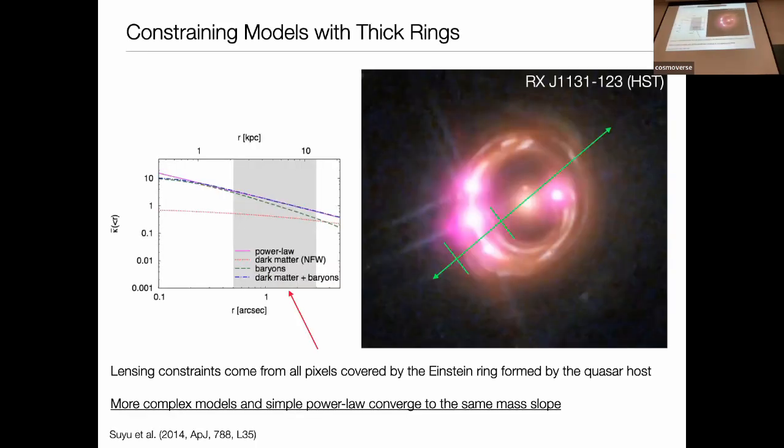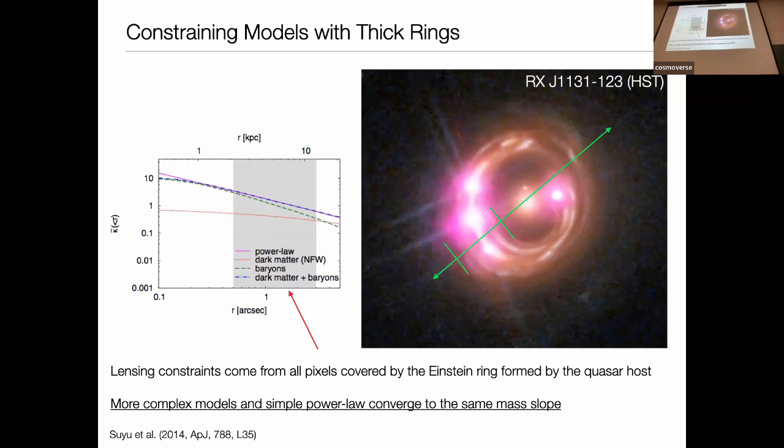But to turn them into H0, you need a mass model for the lens. The lens is here, and you have a lensing constraint where the ring, the Einstein ring, sits. And this is the radial profile of the mass. That's where the Einstein ring is in the radial direction. And we do a test here because we are always playing with 2 simple models. So we use, for example, power-law models for the mass and composite models, stars plus NFW halos. And in fact, the 2 things converge to the same slope at the lensing constraints,